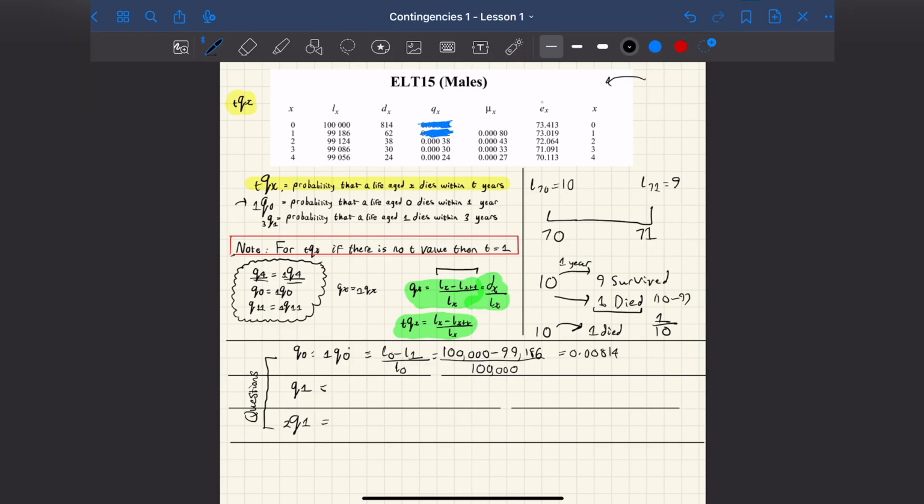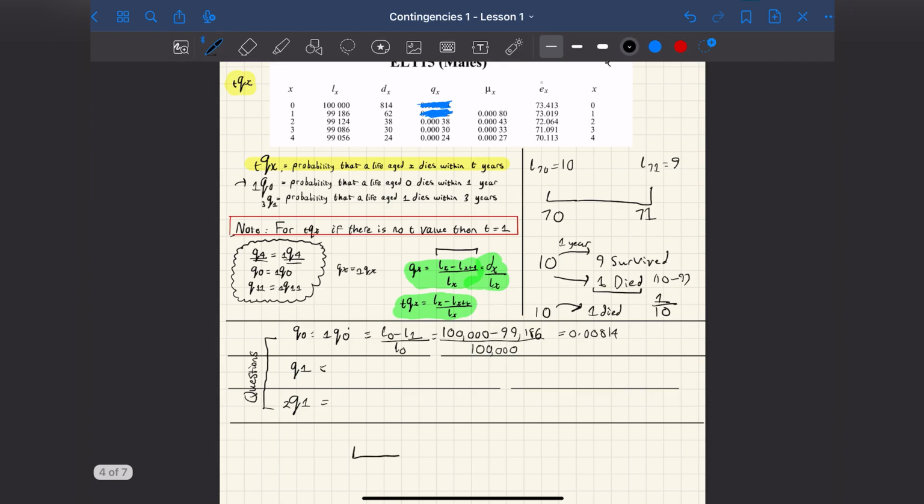Now, just quickly, how did I do that? I'm sure that you probably understand how this works anyway, but I'll just go very quickly again. So we had l0 was 100,000, l1 was 99,186. And these are people, here is age 0 and here is age 1. So we just calculated the number of people that died here, i.e. between 0 and 1, which was 814. And then we said, well, the probability of this happening, because we have 100,000 people and 814 of them died, would be 814 over 100,000,